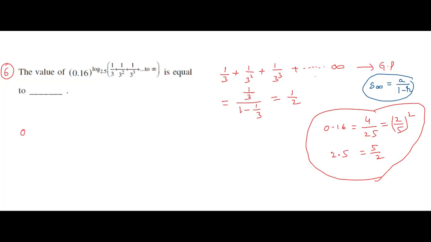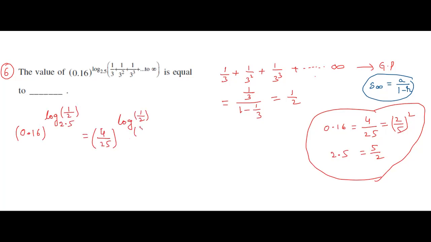Go to the problem. 0.16 whole power logarithm 2.5 of the sum of the series, how much did we get? 1 by 2. Now this is 4 by 25 whole power logarithm 1 by 2